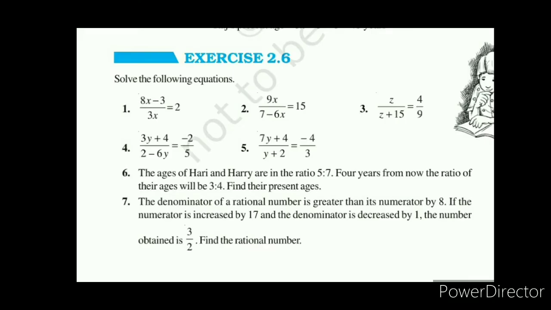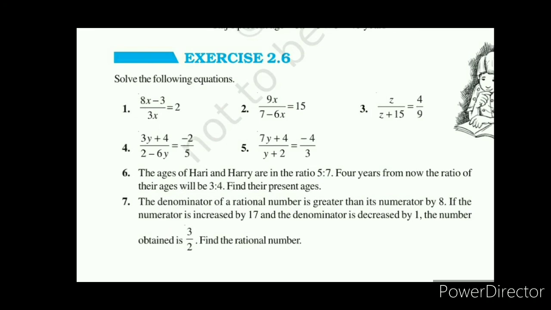Yes, in the last exercise we learned how to reduce linear equations into simpler form. If we have one fraction on both sides of the equal sign, which method should we use? Cross multiplication method. We should use it and reduce the equation into simpler form. All the 5 equations use the same method because all of them have one fraction on both sides, right?